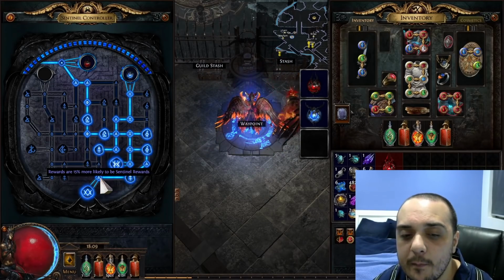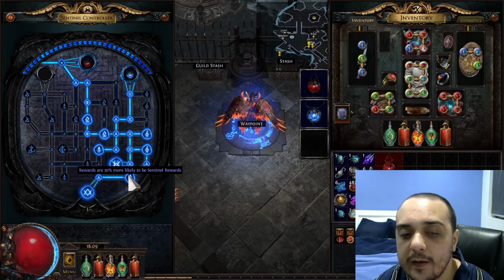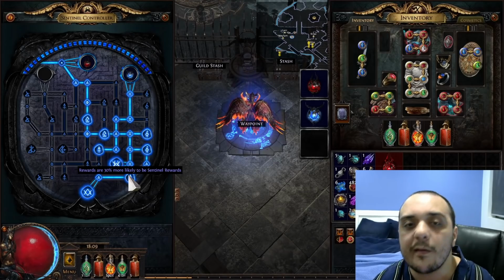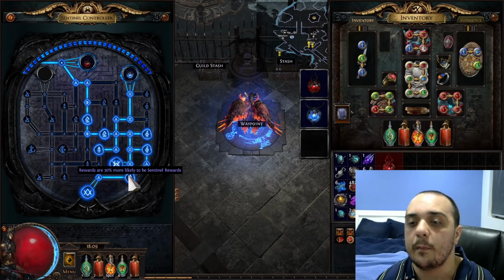Now, the minor ones that I would really pay attention to are these ones down here. Rewards are 15% more likely to be Sentinel rewards. And then on top of that, you get a major one that gives 30% more likely. So this adds up to being 60% more likely to be Sentinel rewards. Sentinel rewards are great because you're getting power cores. Now, the basic power core is worth 1C each at the time of making this video,